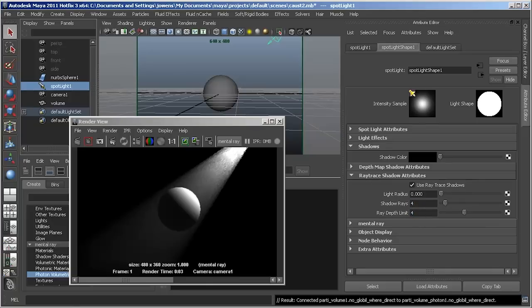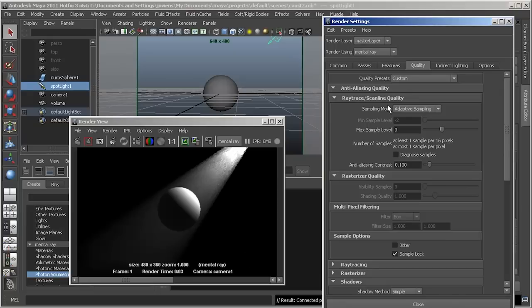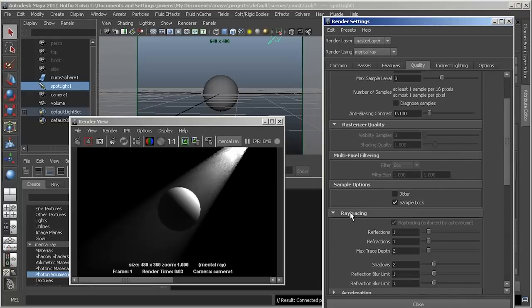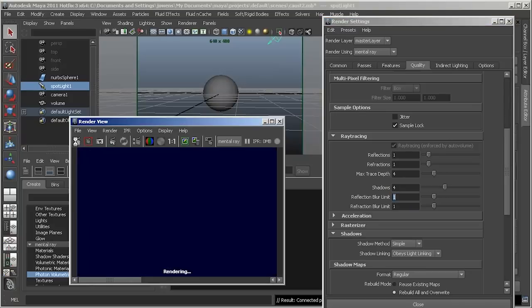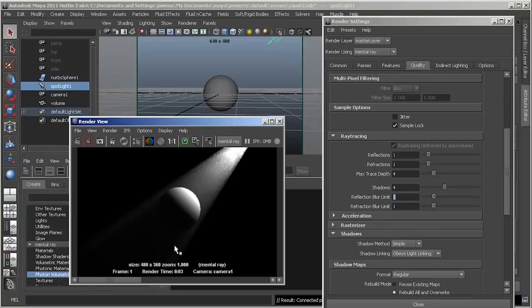And also in the render settings too, in our ray tracing section here, again we need to set the ray trace depth to 4 and the shadows to 4. Let me keep that image for reference. Now if I render again, you'll see we now have our shadow. If I set this to 3,